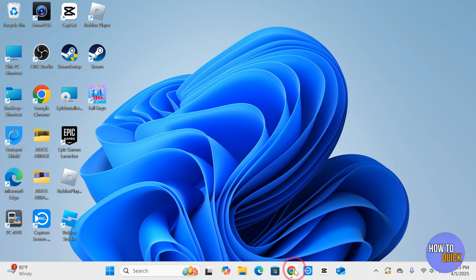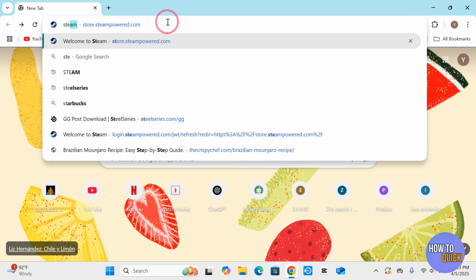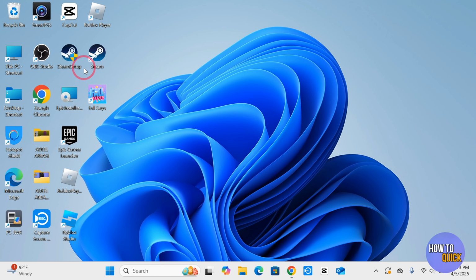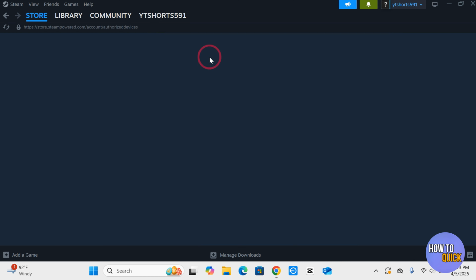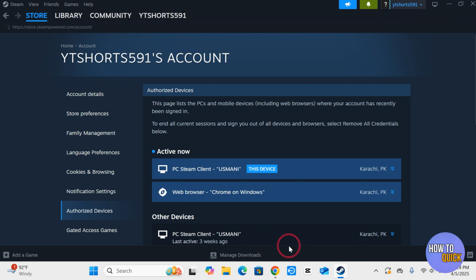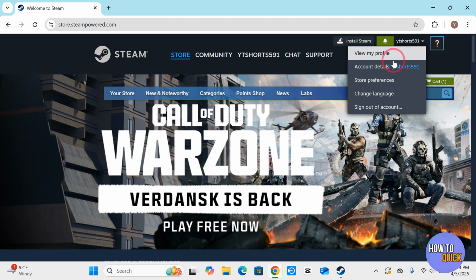So you can use your browser if you want and search for Steam over here, or you can use the Steam app if you have it on your PC. You just head over to your Steam app by double clicking it and it's going to open the Steam app. And then you have to click your profile name over here on the top right corner and click account details, or you can go to the browser and here you have to click this profile name over here and click